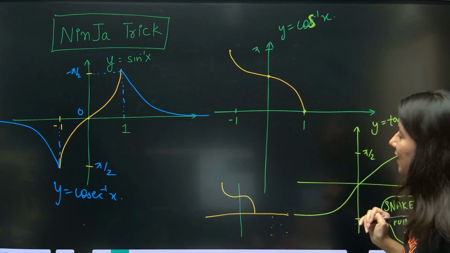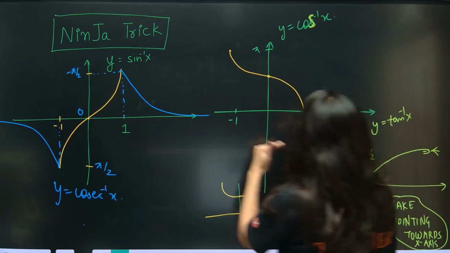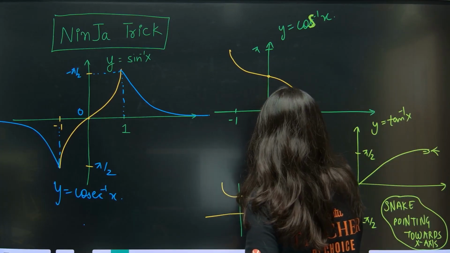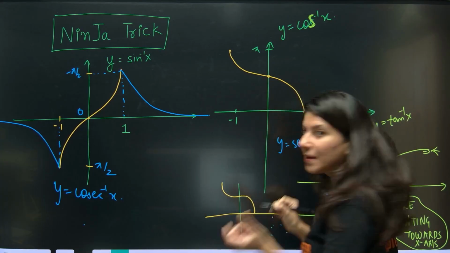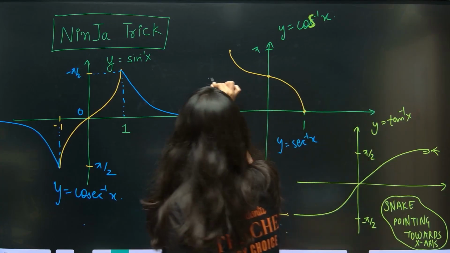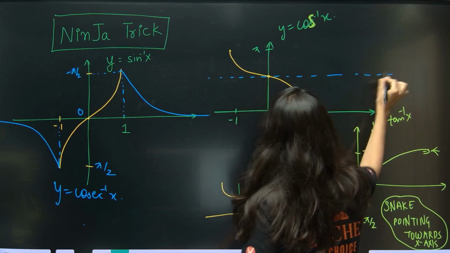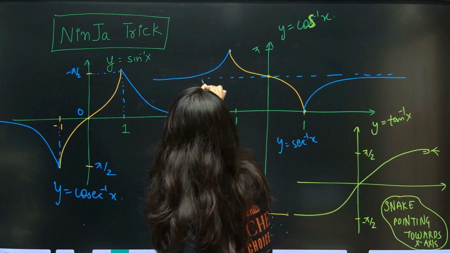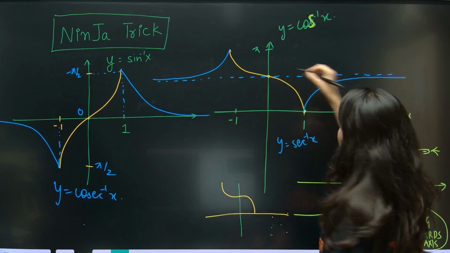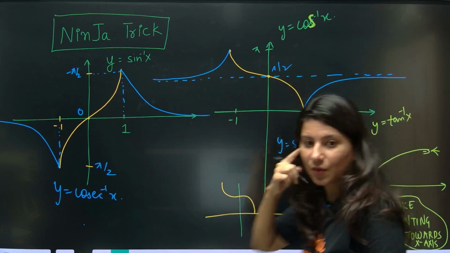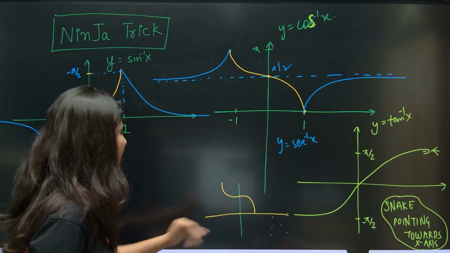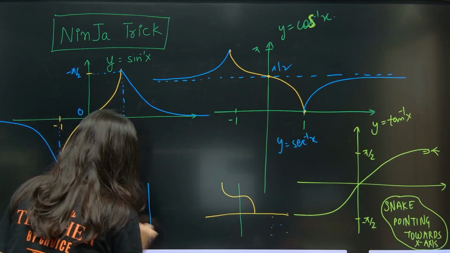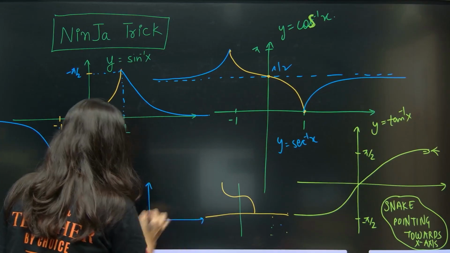Same, over here we'll do the same with cos inverse, so y is equal to sec inverse. What will you remove, ma'am? Pi by 2 will get removed. So pi by 2 will be the asymptote. So clearly it will be this and it will be this. Pi by 2. Okay, now this is tan inverse. Now cot inverse.